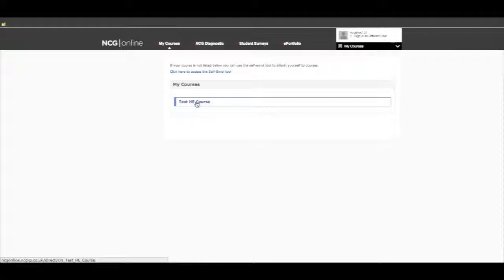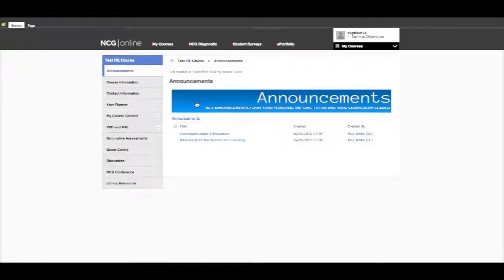So you've logged in, and now your particular course will be shown under the courses that are specific. You'll see the main toolbar that's down on the left hand side, announcements through down to library resources, and this is your main menu as to where you will get your information from. So it'll be a mixture between discussion boards and where you would actually get your course content, your material, any assessments that you'll be doing, etc, etc. So I'm going to take you through, step by step, just a brief overview as to what's in here